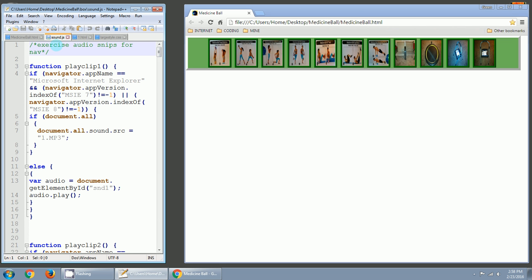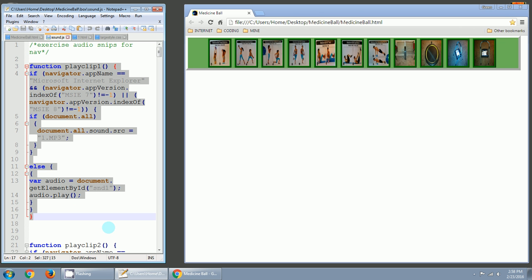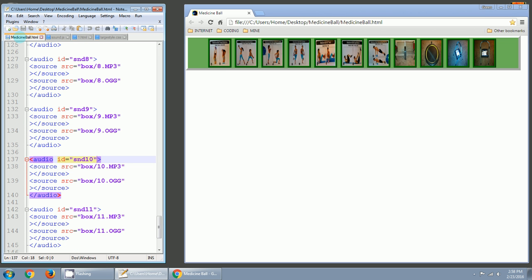Here's the sound.js. And here's a little note to myself that says exercise audio snips for nav. And then I go, here's a function, and this function goes from here to here. For each one of these hover events, I am going to have a different function. This function is called play clip 1. If I go back to medicine ball,